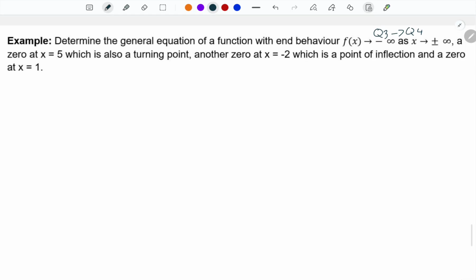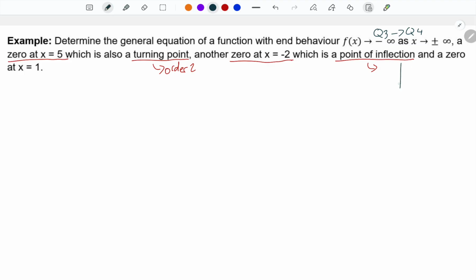And we also have a 0 at x equals 5. So let's note that. And that's a turning point. So remember, a turning point is a local maximum or minimum. That will actually tell us order 2. And we have another 0 at x equal to -2. And it says it's a point of inflection. In this case, a point of inflection,